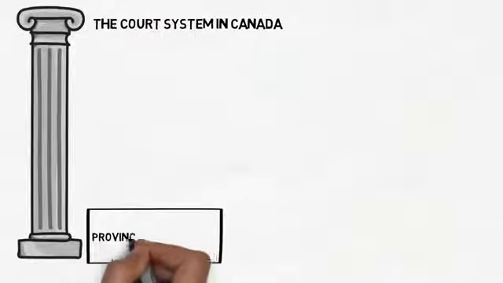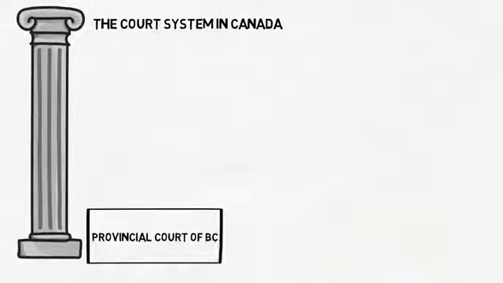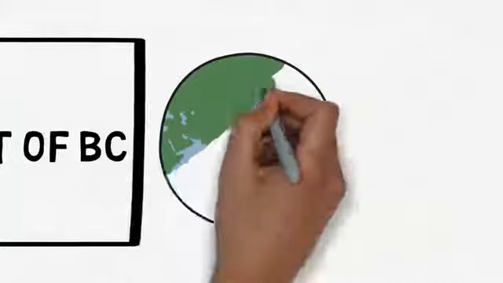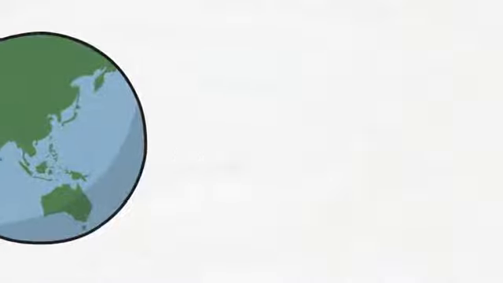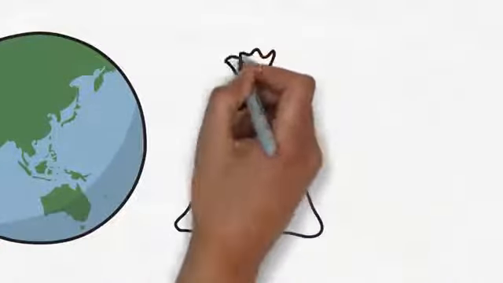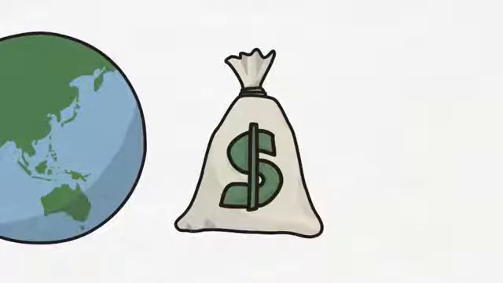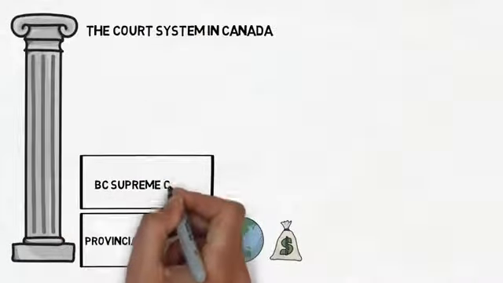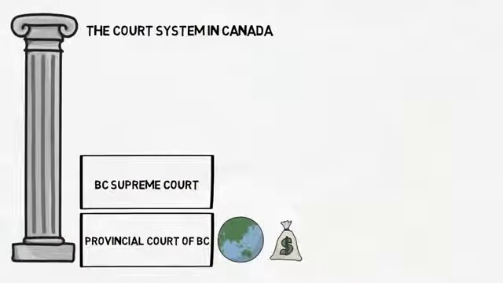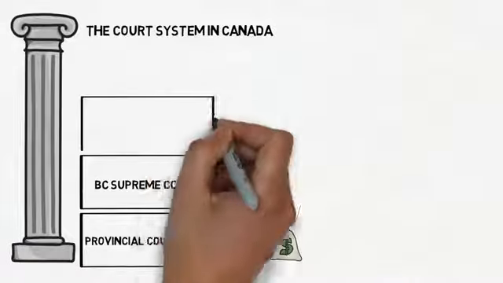First of all, we have the Provincial Court of BC. This is an evidentiary court with usually only one judge and no jury. There's two limiting factors, the first being that you have to register in the area that the offense occurred, and the second being that you're limited monetarily because you can only receive a maximum of $25,000 in damages. Next, we have the BC Supreme Court, similar except without the two limiting factors.